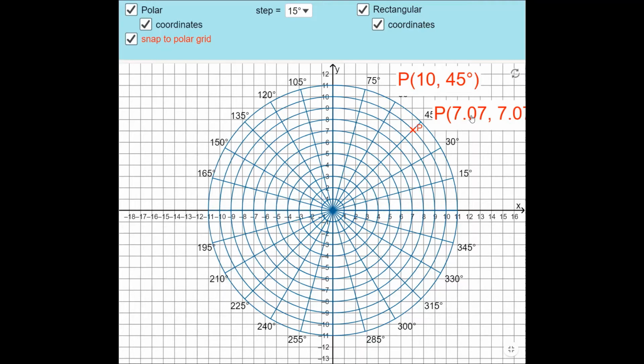Must be equal to x is equal to r cos theta and y is equal to r sin theta. When we take theta 45 degrees and r is equal to 10, then we will get x is equal to 7.07 and y also is equal to 7.07. Okay,